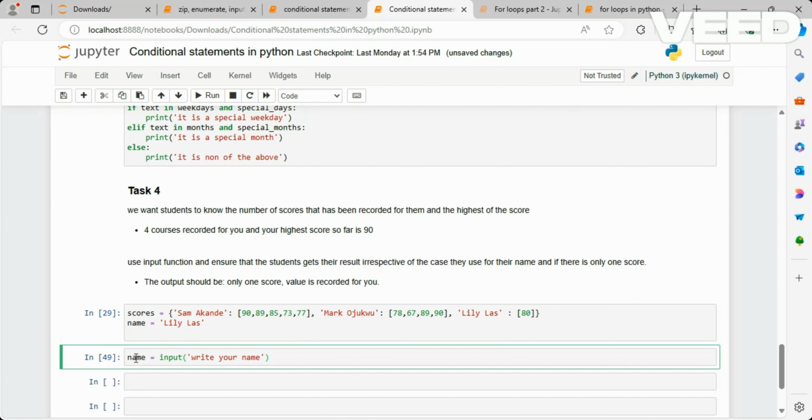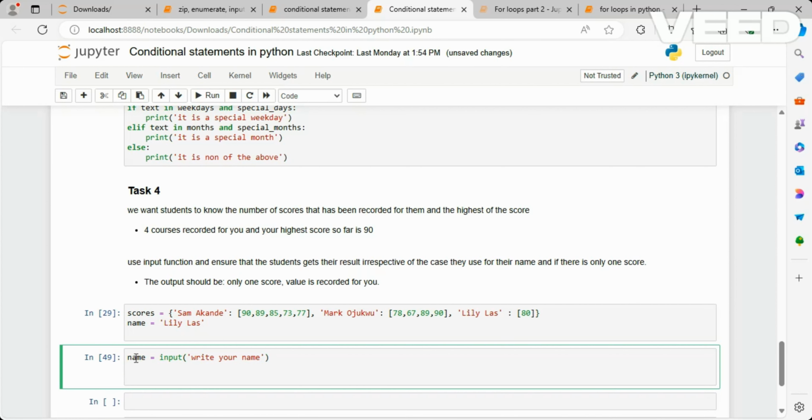So the student writes their name, and then we look at it. This is a dictionary. The first thing is that we want to check if the name of the student is here. If it is here, then look for the number of scores. And then our output should be like this: 4 courses recorded for you, and your highest score so far is this. So let's move. If name, that is whatever the student puts,